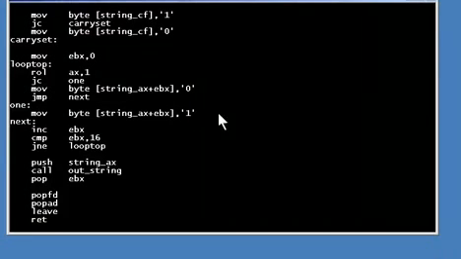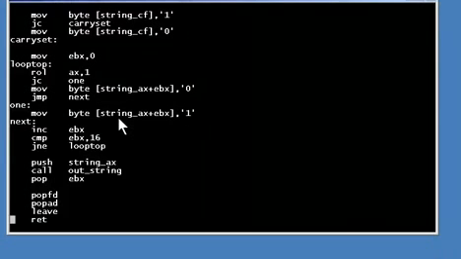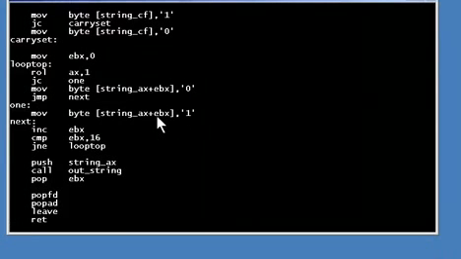So either 0 or 1 is put into the location of the string, according to the offset determined by the counter. At the bottom of the loop, the count is incremented by 1, and if it is less than 16, the loop is made for the next bit. Finally, the string is output. Notice that it was necessary to get the carry flag setting first, because this loop does